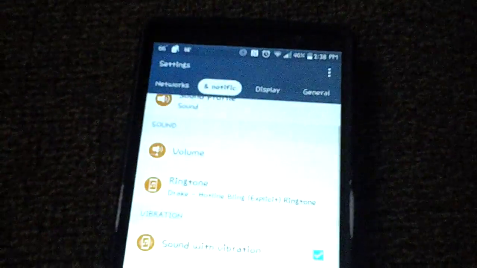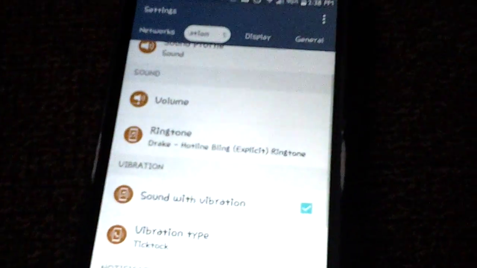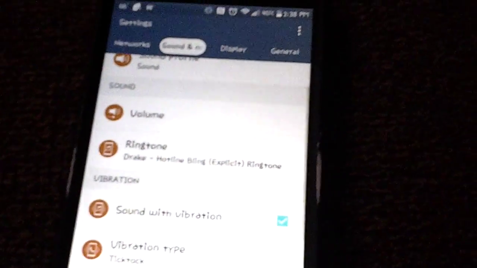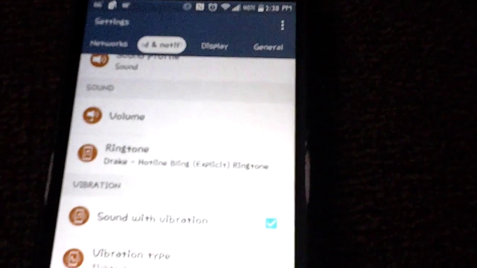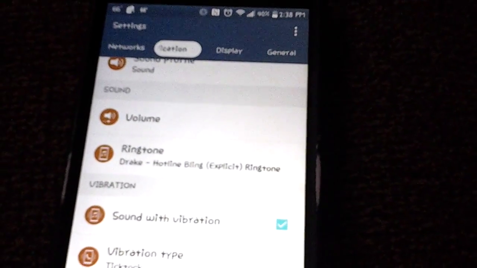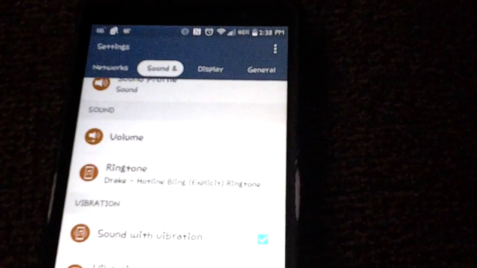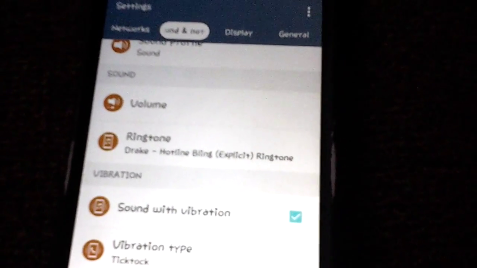Okay. So that is the ringtone that I have set up for the moment right now. But I'm going to show you how I created my ringtone, if that makes sense. So stay tuned. Alright, so first things first, you want to go to your Google Play Store and download MP3